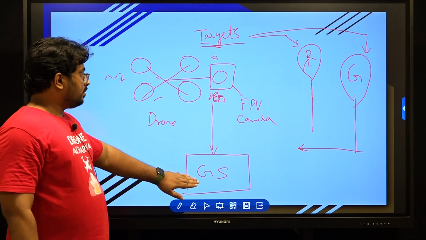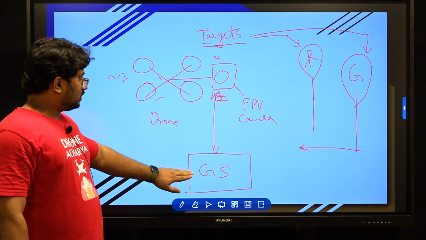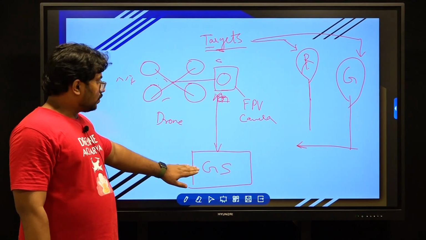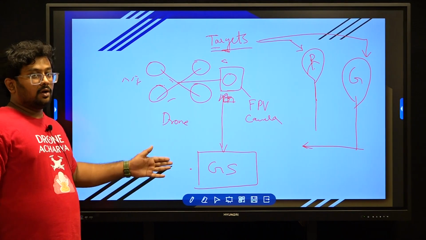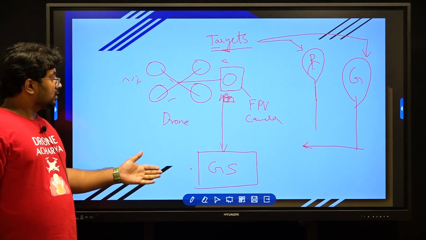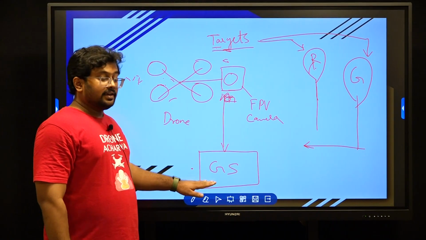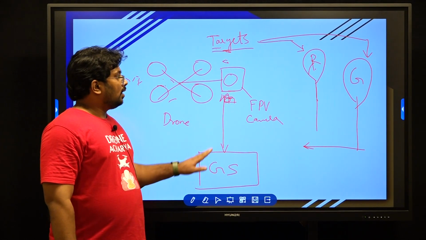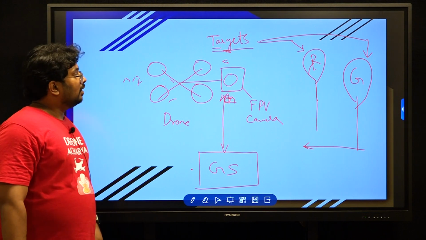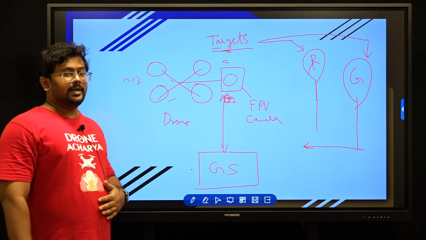Everything will be processed at the ground station. The ground station could be anything like a normal computer or a GPU equipped computer. On this we should be able to perform all the AI part, which is identifying the balloon and